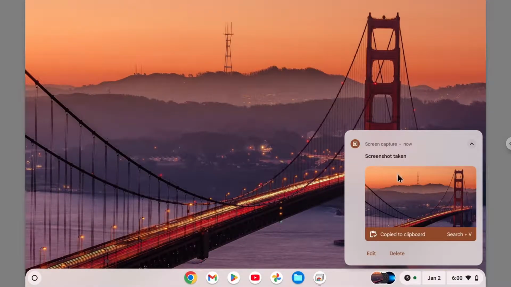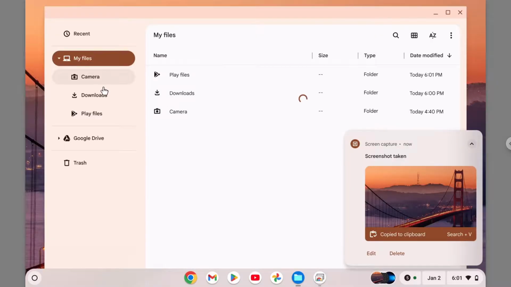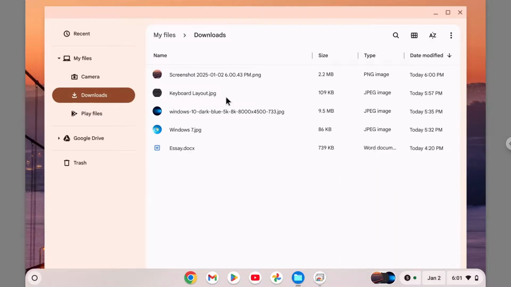So this is the result, and Chrome OS will give you this preview, and also the screenshot is captured to the clipboard, and you can paste it into an application that supports showing an image. And by the way, the screenshots are located in the downloads folder. If you open the downloads folder, you should be able to see the screenshot. So this is the screenshot that I just made literally a few seconds ago, and this is how it